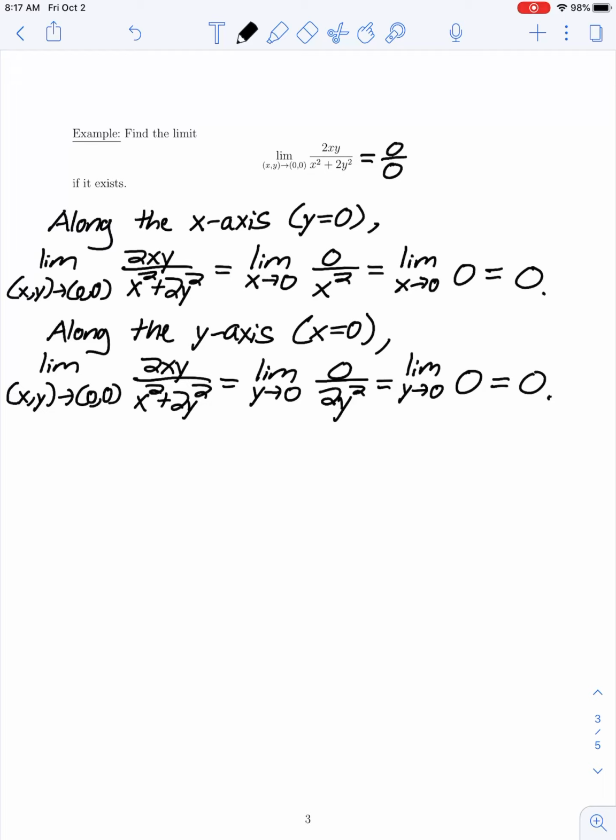However, that does not mean that the limit is 0. We've only tested two possible paths through the origin. Recall that there are infinitely many ways that we could approach the origin in the xy plane, not just along the x or the y axes. So let's consider another path. Now we could consider approaching the origin along the line where y is equal to x. So along that line,